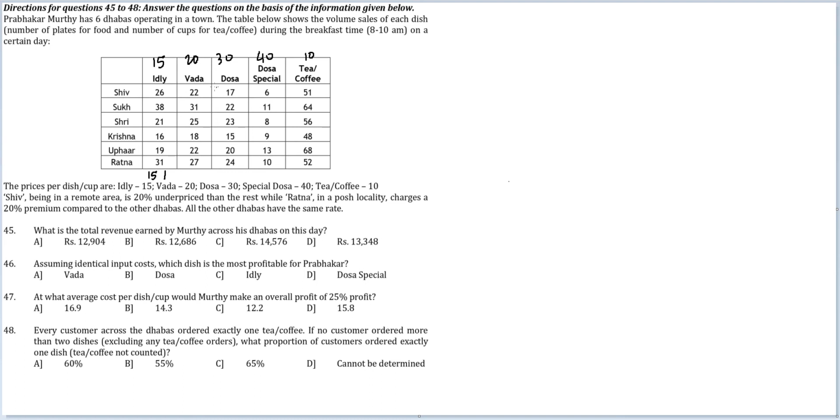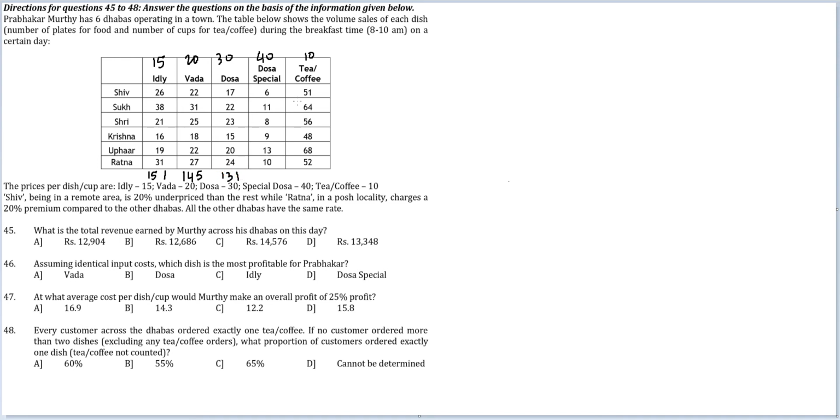So 151 here. 2 plus 1 is 3, 3 plus 5 is 8, 8 plus 8 is 16, 16 plus 9 is 25. And then 2 carried over, 2 plus 2 is 4, 4 plus 3 is 7, 7 plus 2 is 9, 9 plus 1 is 10, 10 plus 4 is 14. Okay, here I get 17 plus 23 is 40, 40 plus 22 is 62, 62 plus 15 is 77, 77 plus 24 is 101, 101 plus 20 is 121.